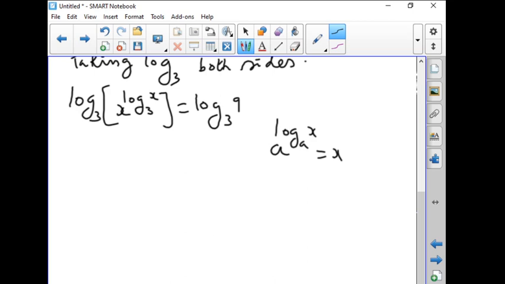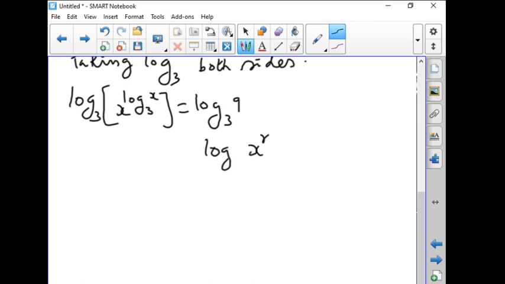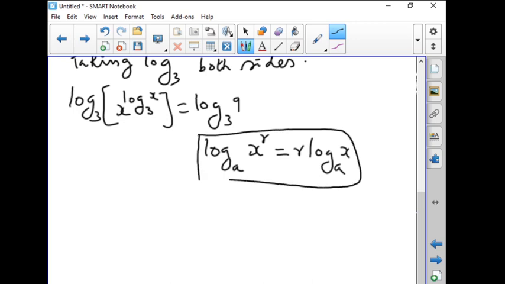Okay. So now here we are going to use only the power rule; this other property we are not using here. So this is of the form log x power r to the base a. So what is it? R log x to the base a. Okay, power rule we are going to use. So what is this? Log x to the base 3 into log x to the base 3 is equal to